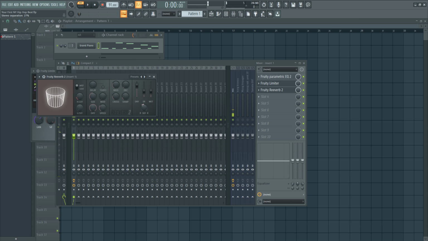Actually, did I do it? Yeah, pull it to the right, which is going to create a mono reverb. Let's pull up the wet level and add a little bit of decay, and then where it says L cut or low cut, grab that until it says about 400 hertz on the top left.